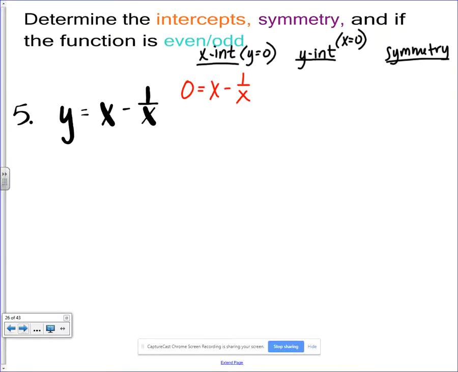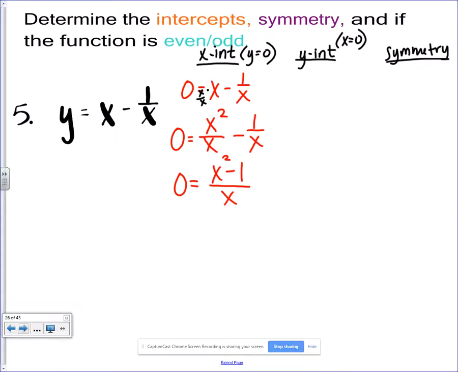X. So if I'm going to do an LCD of x, this last fraction is going to stay the way it is. This is going to need to be multiplied by x over x. So I get 0 equals x squared over x minus 1 over x. This is okay because x over x is basically like multiplying by 1. If I put those together, now it looks like this. Now you're probably saying, okay, yep, x can't be 0, but I'm not concerned with my domain here. I'm concerned with the